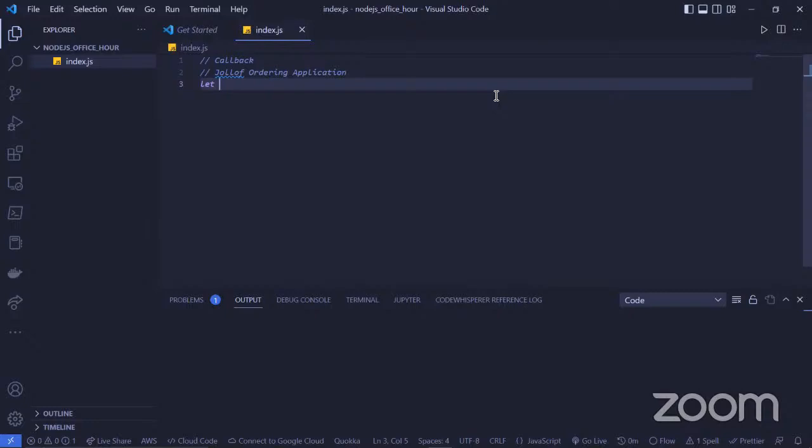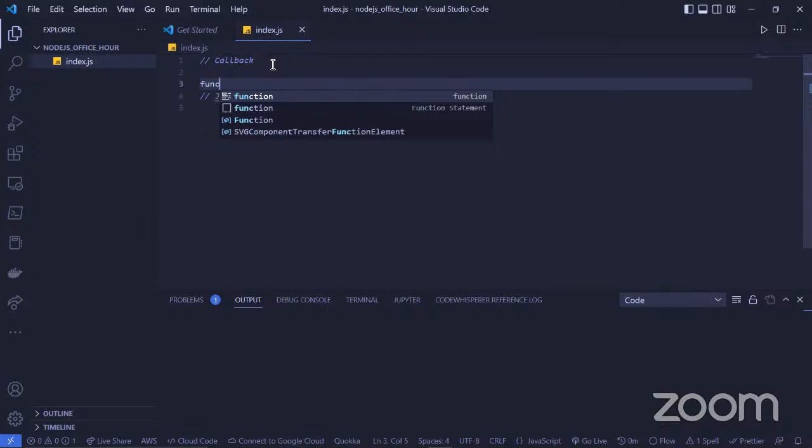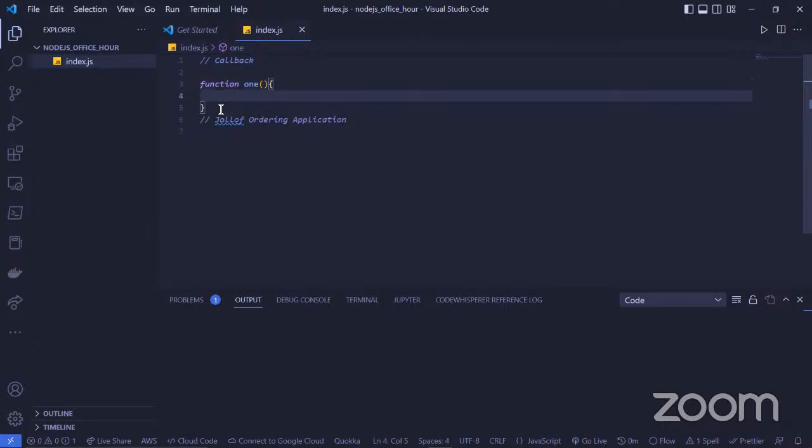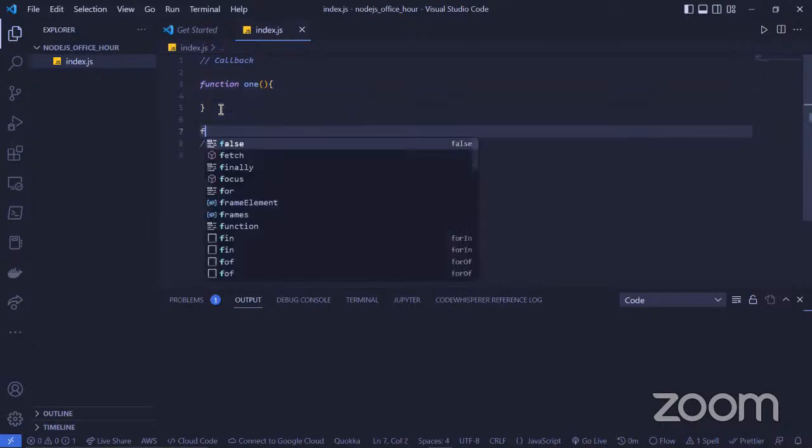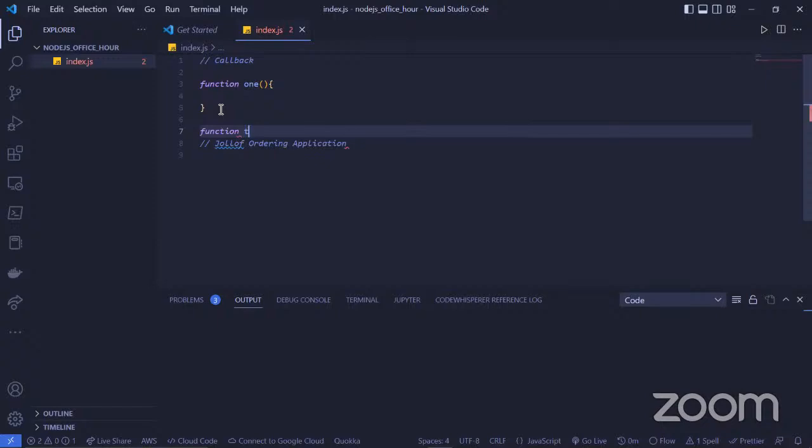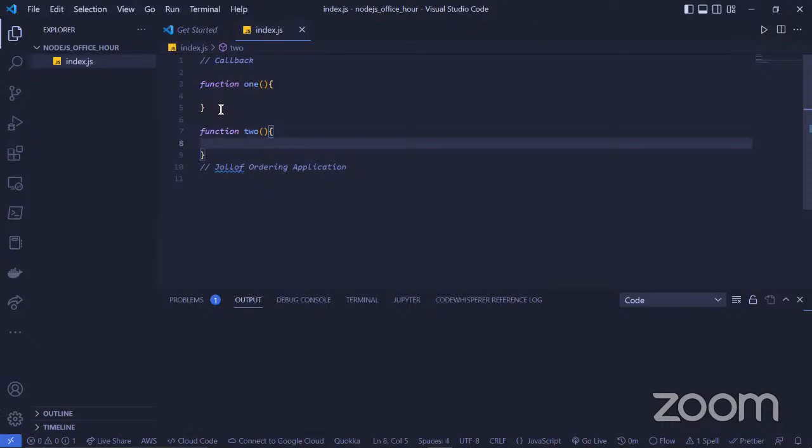Before we enter into this jollof ordering app, I just want to explain. Let's say we have function 1, and then we have function 2. So we have two functions.